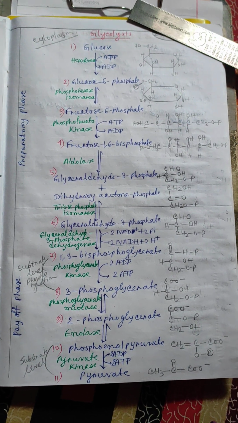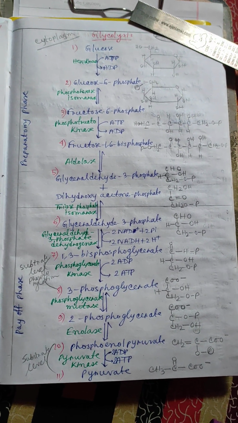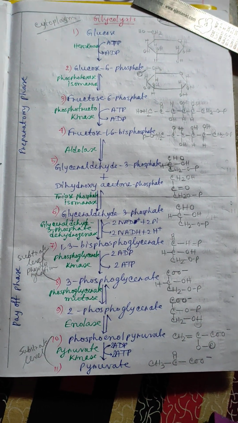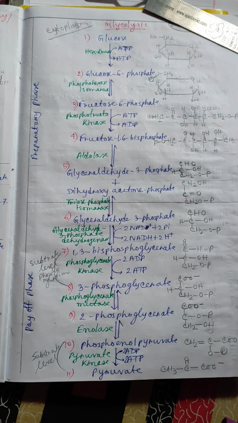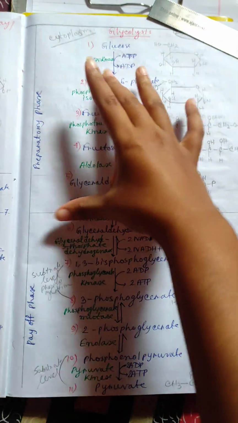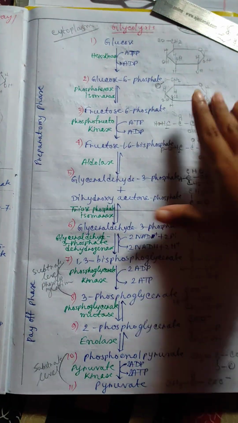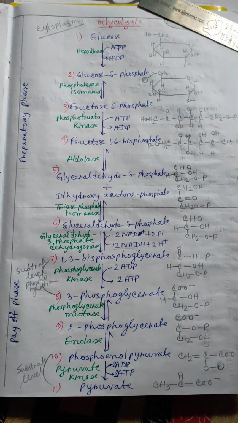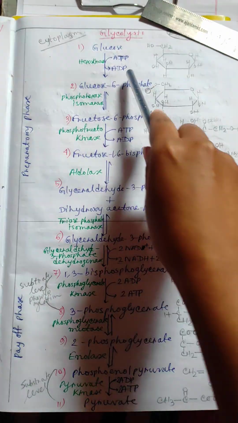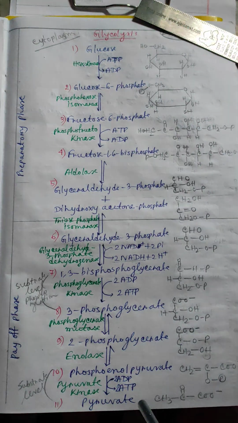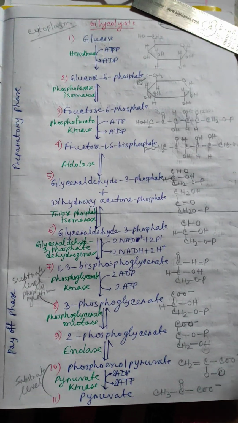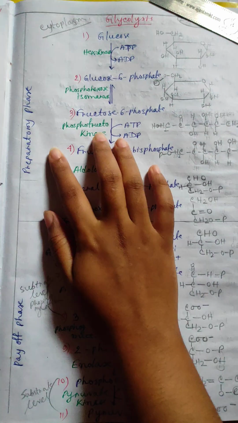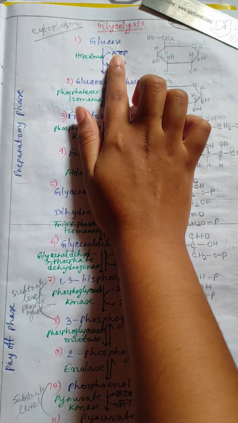Glycolysis is a metabolic pathway that occurs in the cytoplasm of most living organisms. It occurs in two main phases, the preparatory phase and the payoff phase. This is the borderline. Here glucose is converted into pyruvate, meaning pyruvic acid. So in the preparatory phase, glucose is